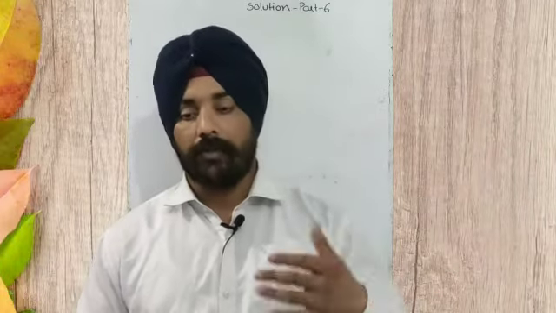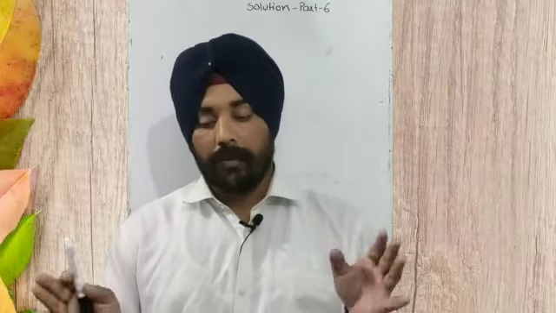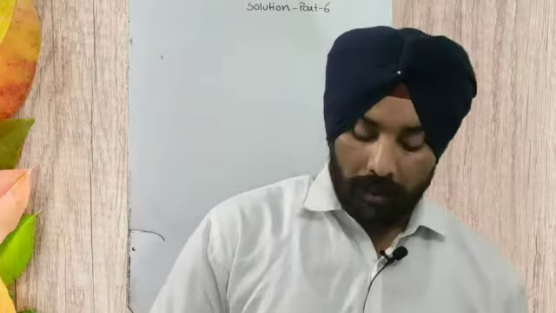In the last lecture I told you about Raoult's law, about ideal solutions and non-ideal solutions. We had a long talk about azeotropes, maximum and minimum type of azeotropes. All these topics that I taught you in the last video, and in the second and third parts also, are very important because this chapter will carry about 6 to 8 marks in the board examination. So let's start the topic for today.